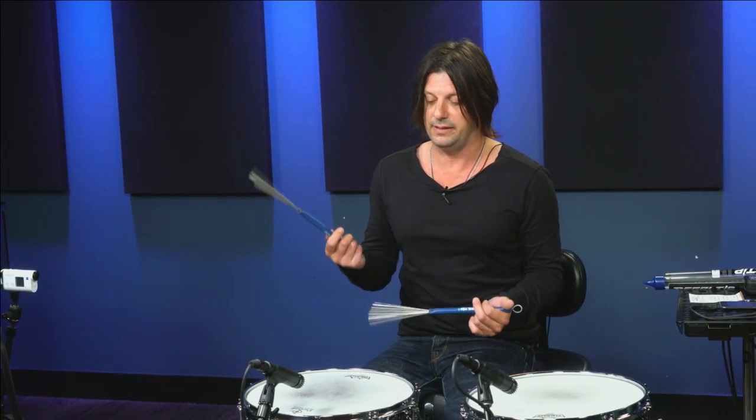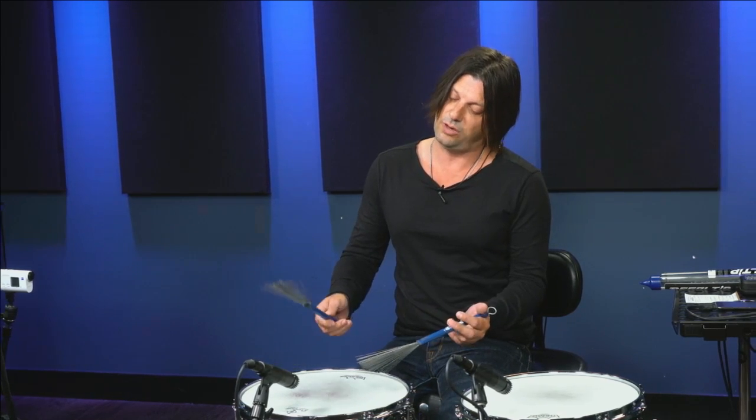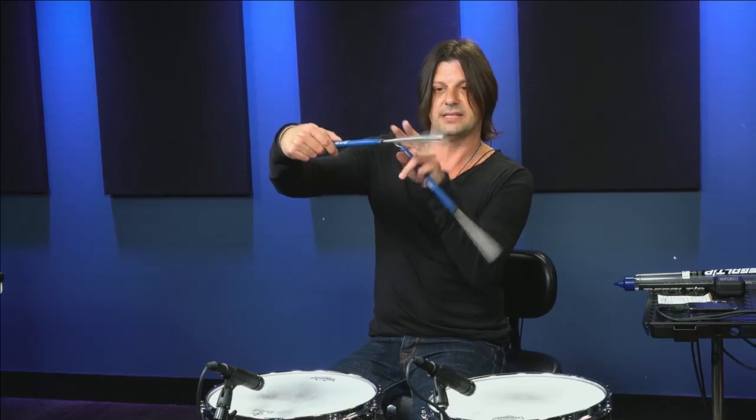The main three are going to be first the tap stroke, which is simply where you tap the drum. With a brush, it's slightly unusual because you're actually snapping a little bit. So the brush kind of snaps down and hits the drum. That's a tap stroke. These are great also to use for rudiments, four-stroke ruff, a paradiddle, five-stroke roll. So there's a lot of cool techniques you can work on, and those are really great because with brushes they don't bounce, so you're able to really utilize your fingers and your wrists